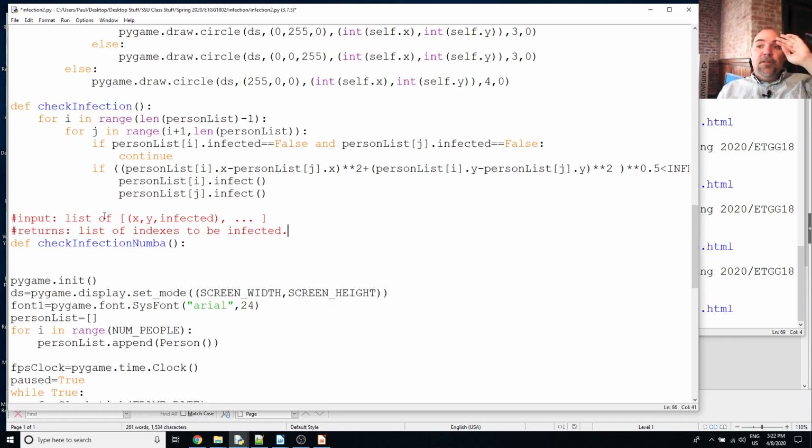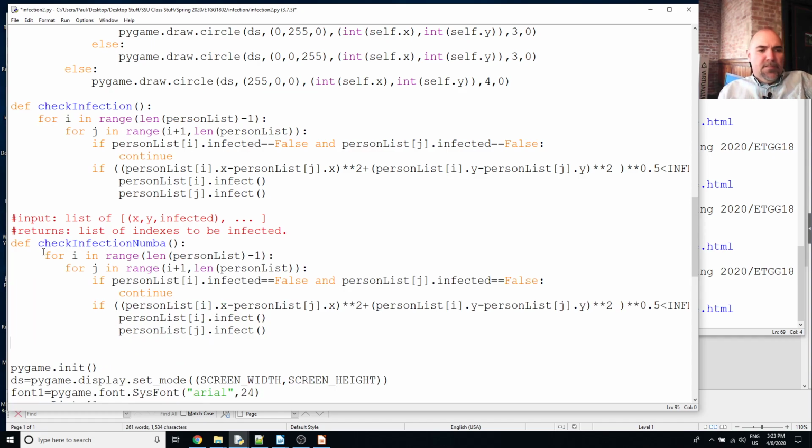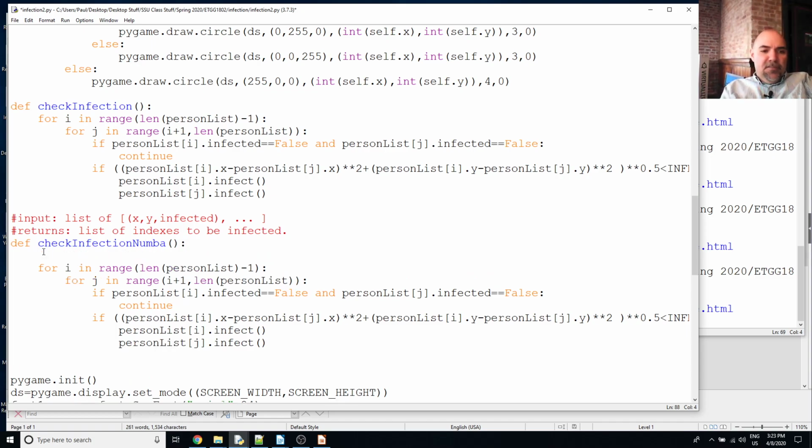Okay, so in order to do this, we're going to write this function a little bit differently. But it's going to be the same basic idea. So I'm going to copy this. I'm going to paste that down there. We're off by one hair, so. All right, there we go. So this is the same, but now with the list that's coming in here, the first thing I need to do, if I'm going to return that list of indices to be infected, is